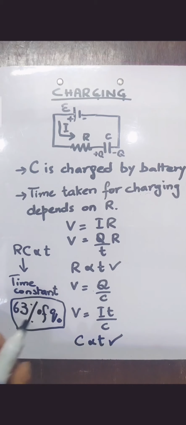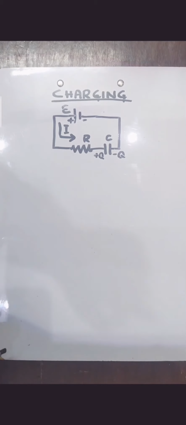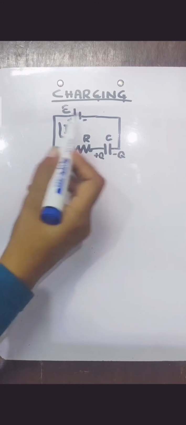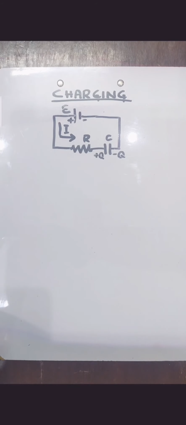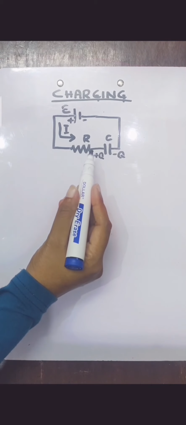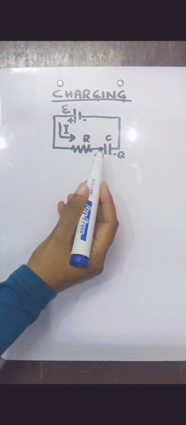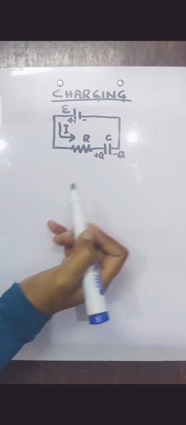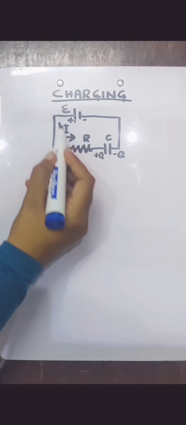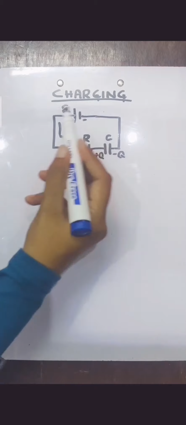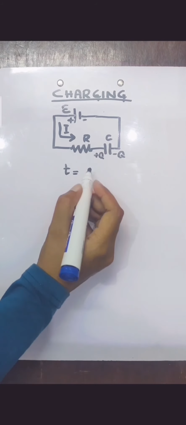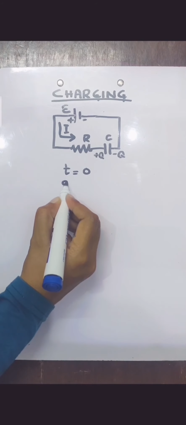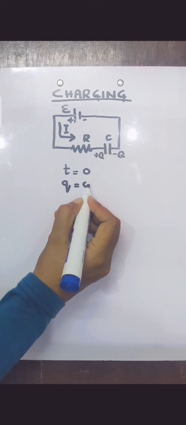Moving forward, we know that as the current flows, charges will start depositing on the capacitor plates continuously. The concentration will increase, and the charges will start to repel each other. So a greater repulsion effect would be faced as more and more charges deposit on the plates. With the passage of time, the amount of current will decrease, and when the capacitor is fully charged, no current will flow through this circuit.